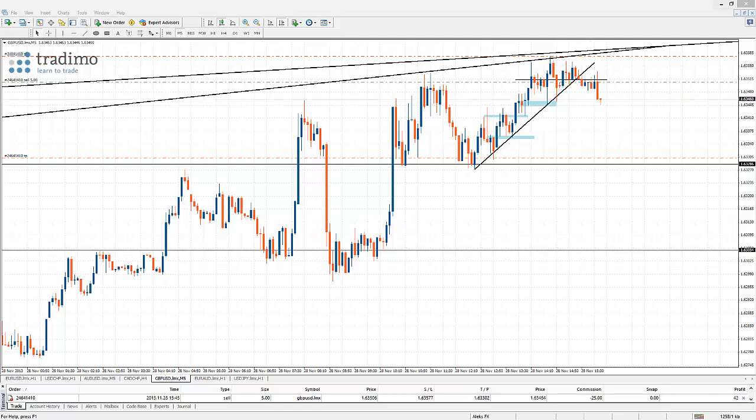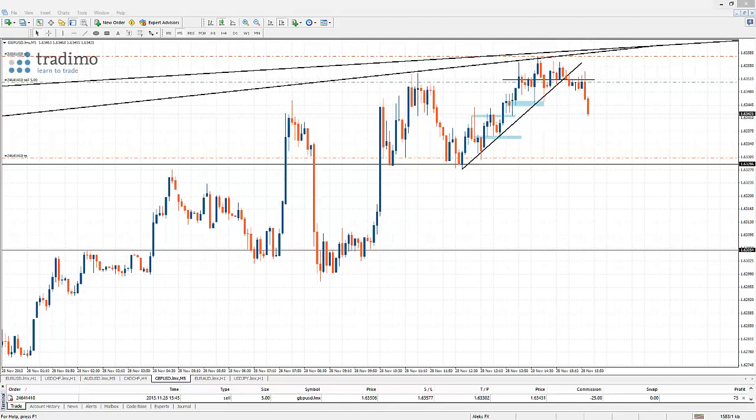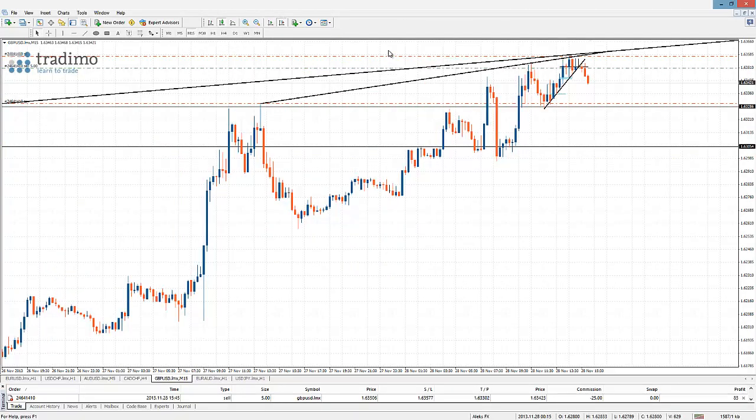Price is starting to break down nicely here. Nice bearish looking candle action here. So sellers are coming in. We're currently around 8 pips up at the moment,